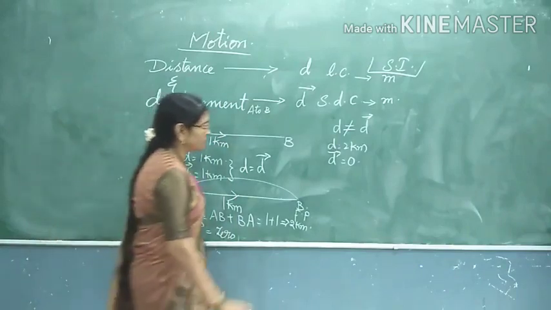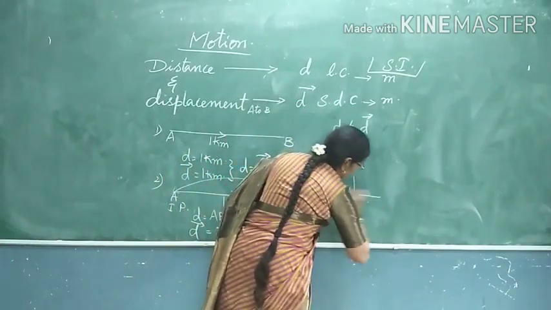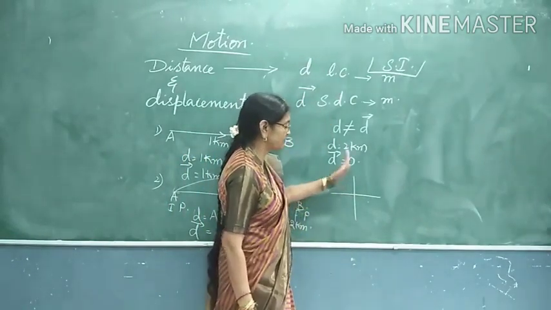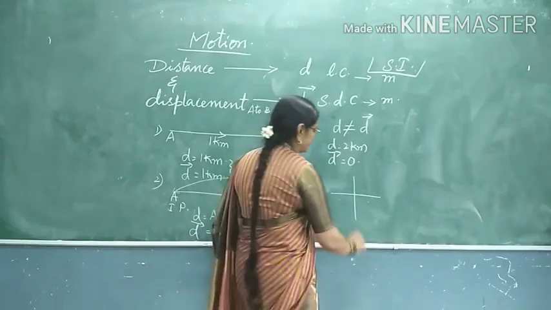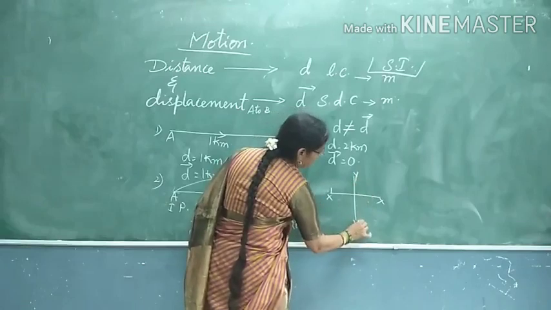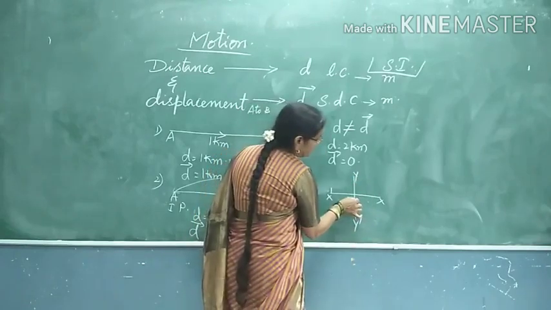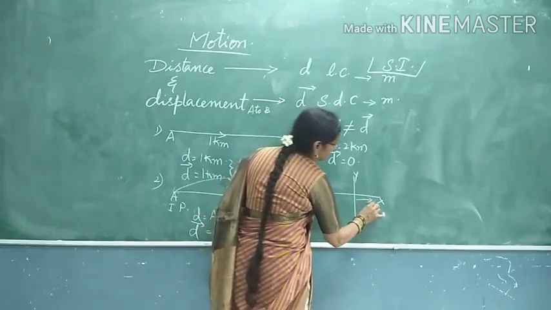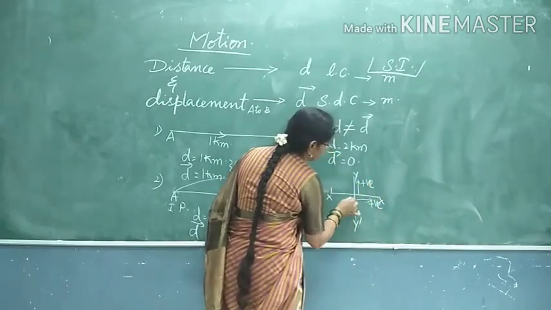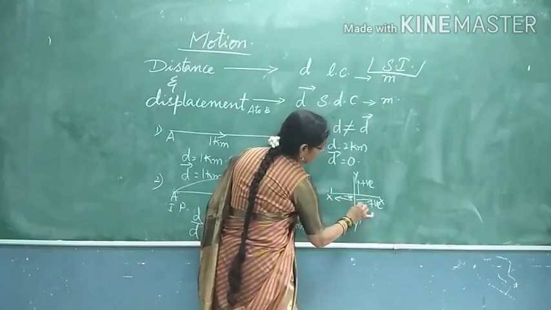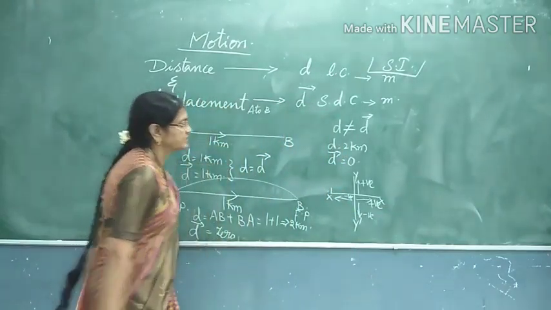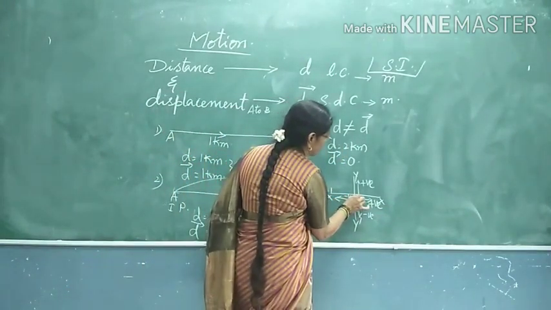Now, in mathematics, when you are observing the graph, the horizontal line represents the x-axis and the vertical line represents the y-axis. Now, this is x dash, this is y dash. All the integers you will be writing are positive here, here also positive. When it is coming this side, negative, coming down, negative. Now, the center where it is intersecting is the origin.